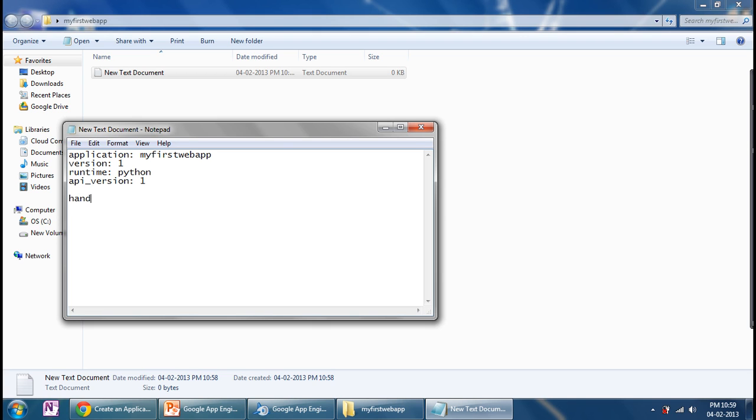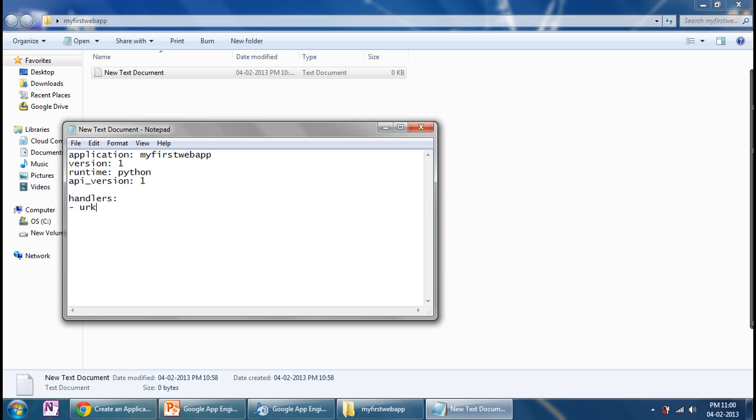Now handlers. These show the different handlers we are using in our web app. Handlers mean: if there is a URL ending in .html, where to go; if it's .css, where to find the CSS; if it's .jpg or .gif, where to find those image files. We are creating these handlers.